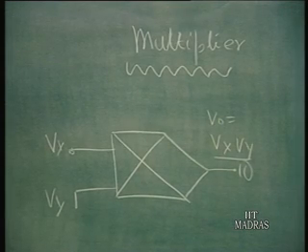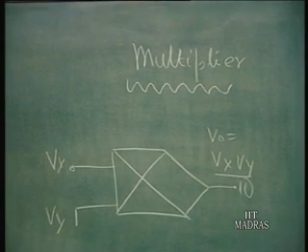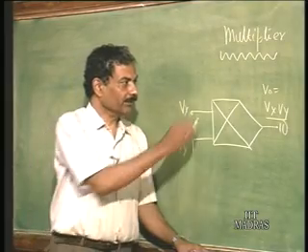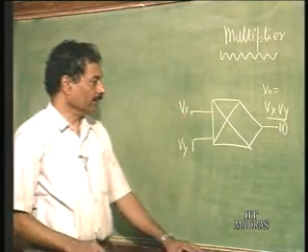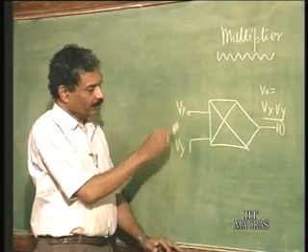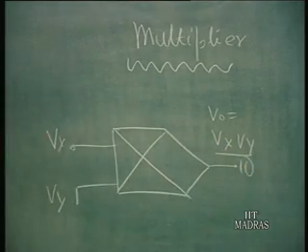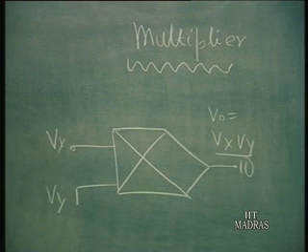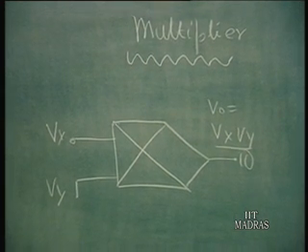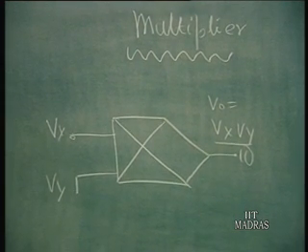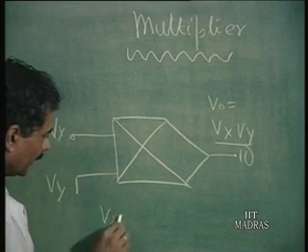Now, we will demonstrate certain applications of the multiplier, which we have also studied in our theory class. If Vx is one input and Vy is the other input, output is Vx Vy by 10. In the case of an ideal multiplier, Vx and Vy both will have a dynamic range of plus minus 10 volts. Now, if Vx is, let us say, some